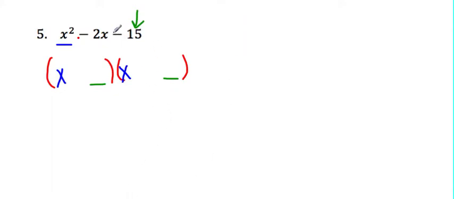Well, to be a negative, one would have to be positive and one would have to be negative. So if I think about 15, the combinations that I could have would be 1 and 15. Of course, one of those would have to be negative, and 3 and 5. And one of those would have to be negative. So let's try a 1 and 15. So if I put 1 and 15 there, and I put a positive and a negative,